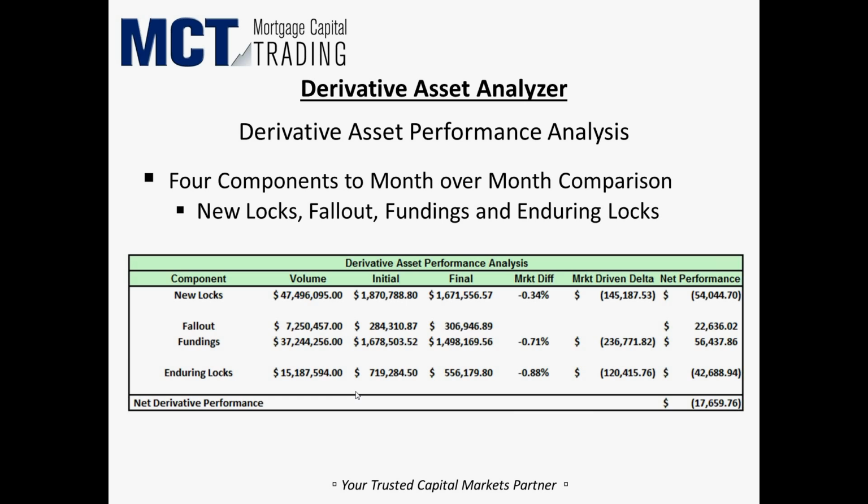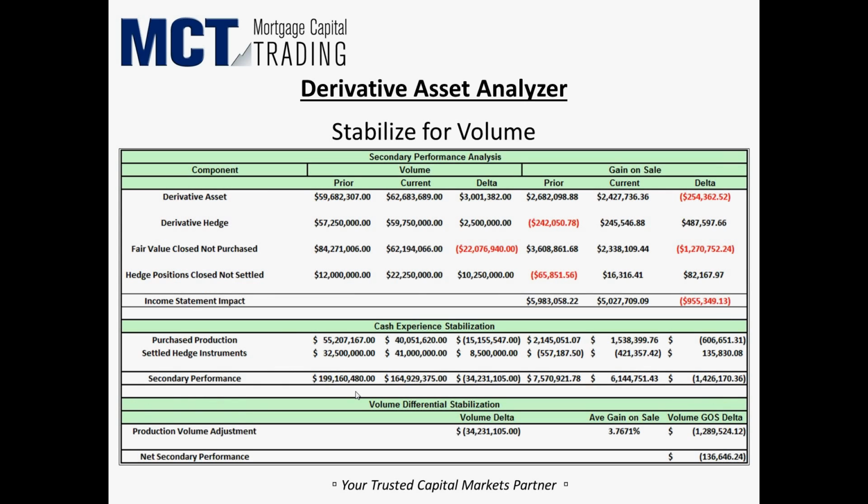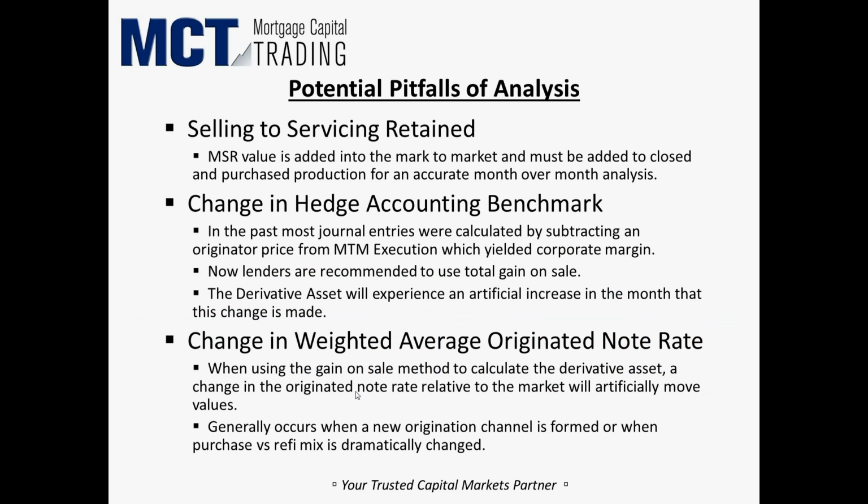Looking at our analysis here, when you saw this production flow from fair value of closed loans not purchased into the purchase production figure, you would actually see a drop for those loans. You'd see a drop in execution of a point because we've got the 100 basis points baked in. So that's number one to take into account when you're looking at this